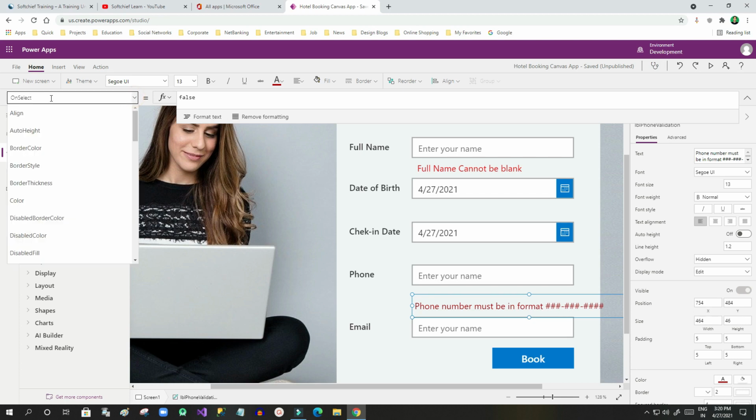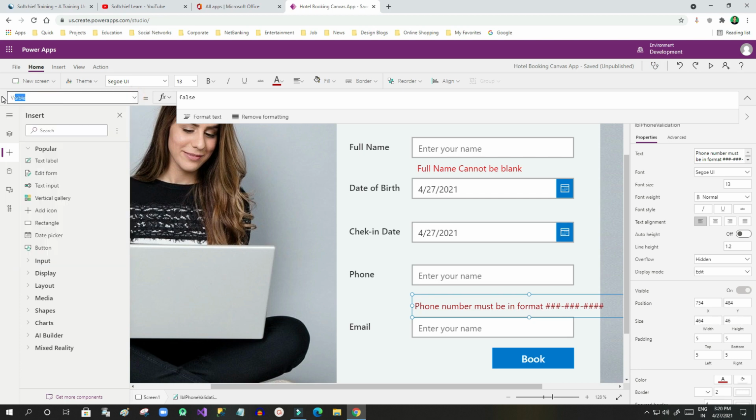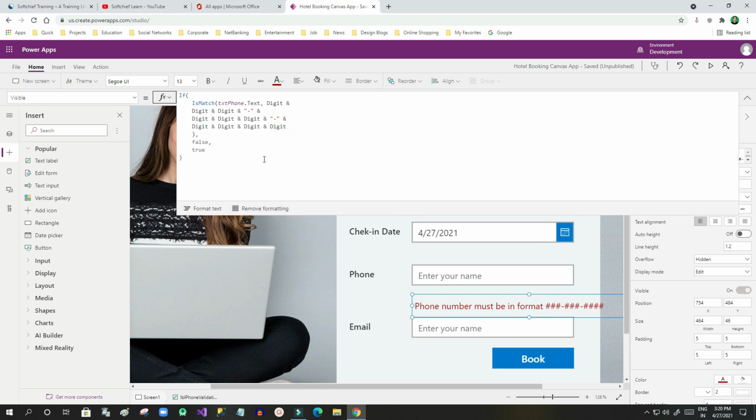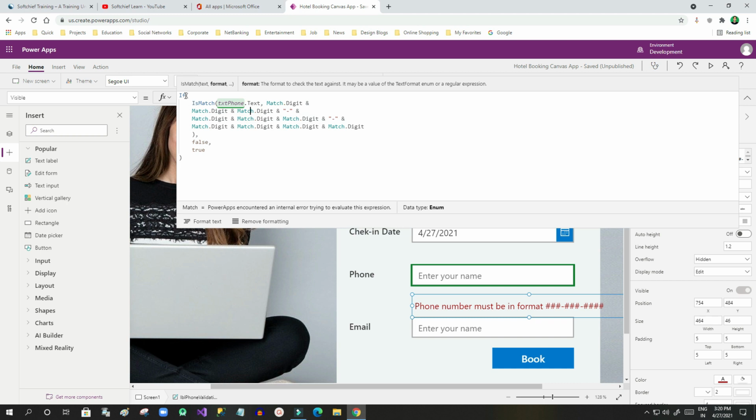It also has the Visible property, and here I check whether the phone number matches this format or not. First, I have taken an If condition, and inside it the first parameter is the IsMatch function, which takes the field value first.